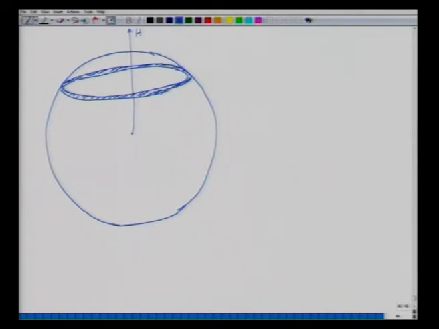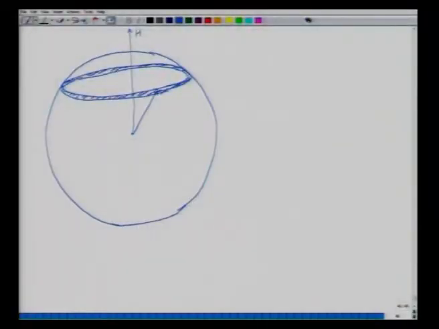And this circumference, or this circle, essentially denotes the magnetic moments, which are all pointed in this direction. So this is the center of the sphere. This is the magnetic field direction, and you have all the magnetic moments going around like this, and you can have these magnetic moments at any angle.